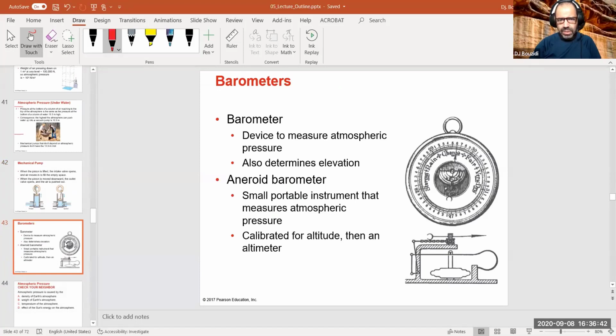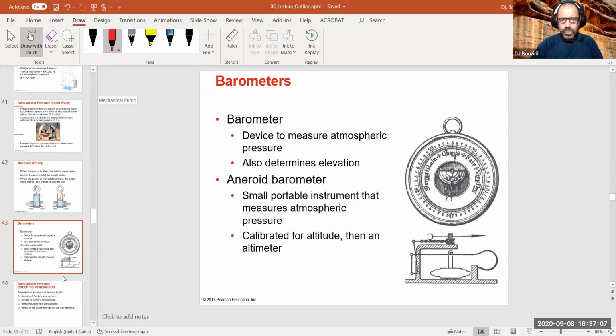And we still have less than 10 minutes, and we really need to finish this thing. Oh, no, I'm sorry. We still have more. I thought it's done. No, we still have more, but we have to really finish it as quick as possible. So the barometer is a measurement of the pressure, and also because the higher you go, the less pressure, it's actually a measure also of altitude. Sometimes when it's calibrated for height, it's called an altimeter.